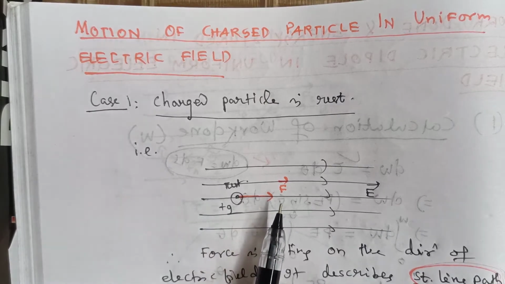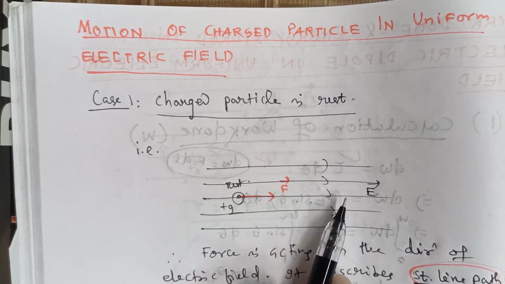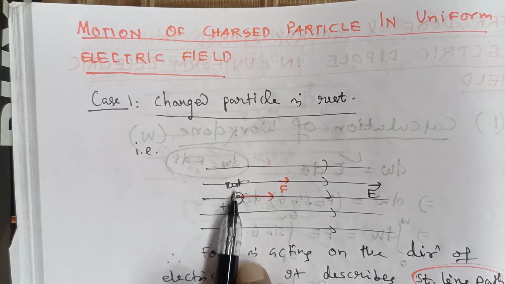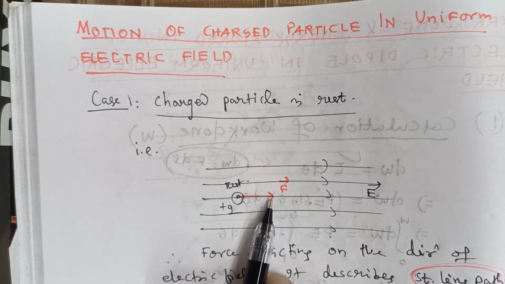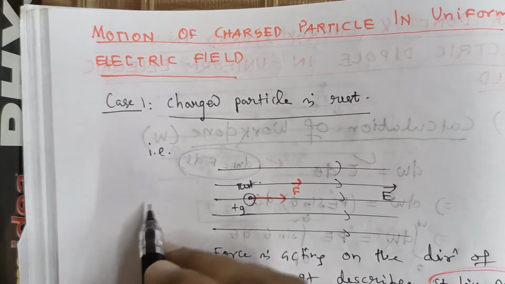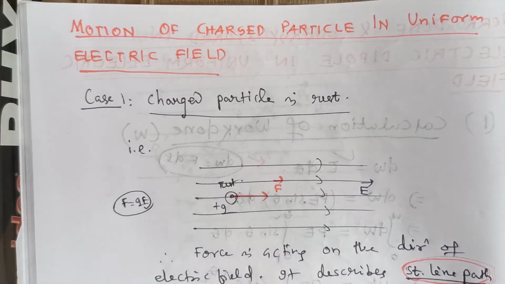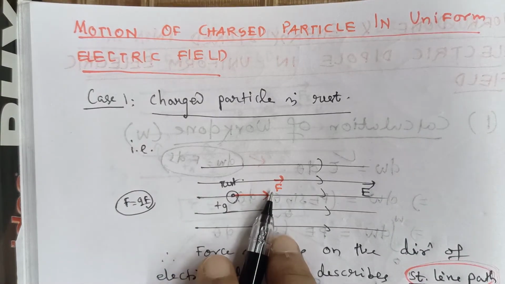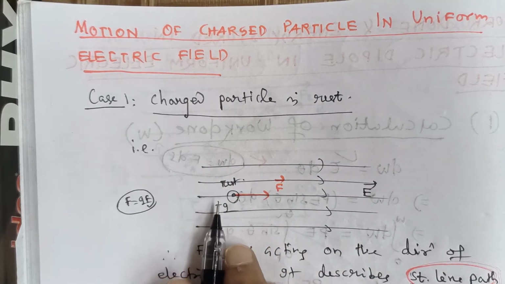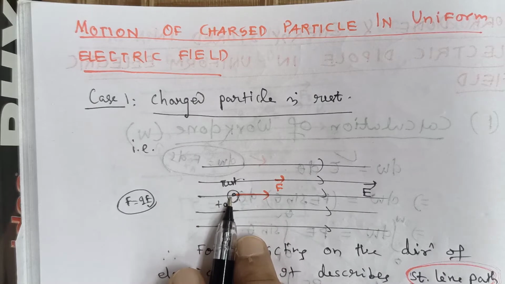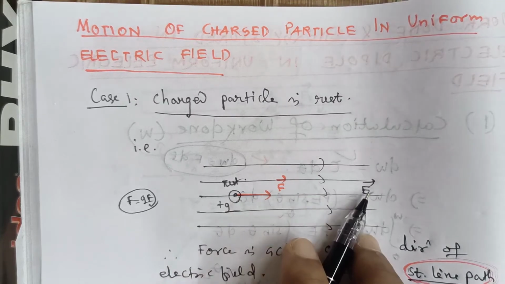You see the electric field, is it uniform or not? In the diagram, the lines of force are parallel and equispaced, that means it is a uniform electric field. Now a positive charge is at rest. What happens? If it is in an electric field, definitely force will act on it, and that formula you know: F is equal to QE. Also remember that if it is a positive charge, then the force acts along the direction of electric field. So when a positive charge particle is kept here, instantaneously an electrostatic force acts on it in the direction of electric field.